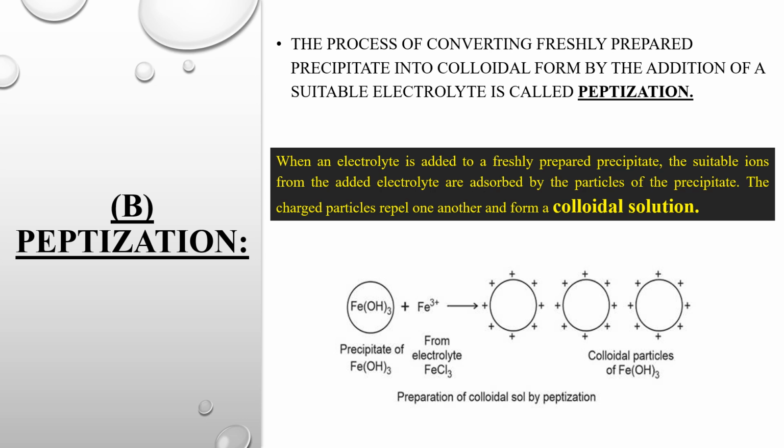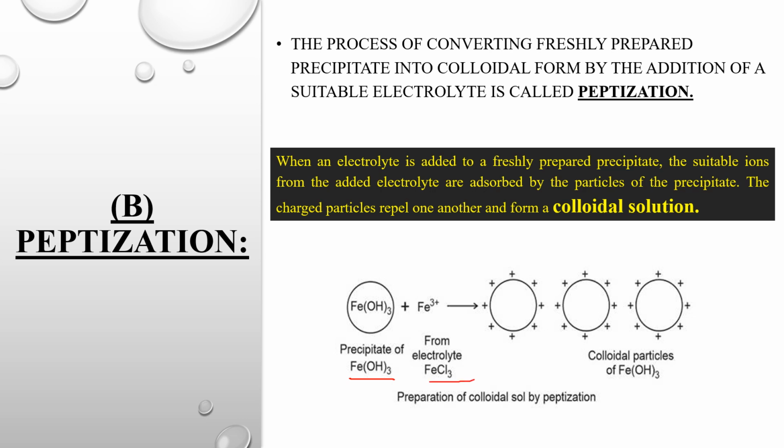So in the peptization method, when an electrolyte is added to a freshly prepared precipitate, then what will happen? The suitable ions from the added electrolyte are adsorbed by the particles of the precipitate, and the charged particles repel one another and they form a colloidal solution. This can be seen in this example also. Suppose we have the precipitate of Fe(OH)3. Now what will happen? In this precipitate we will add